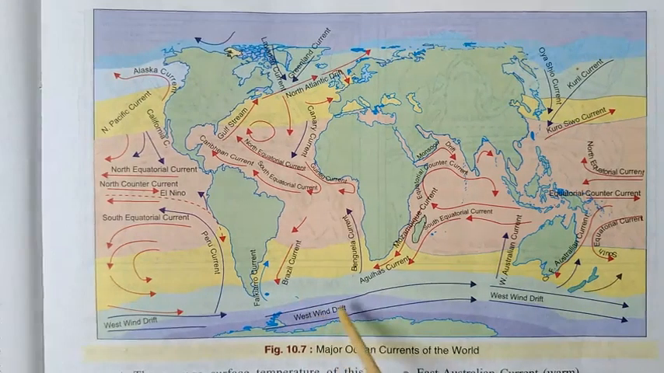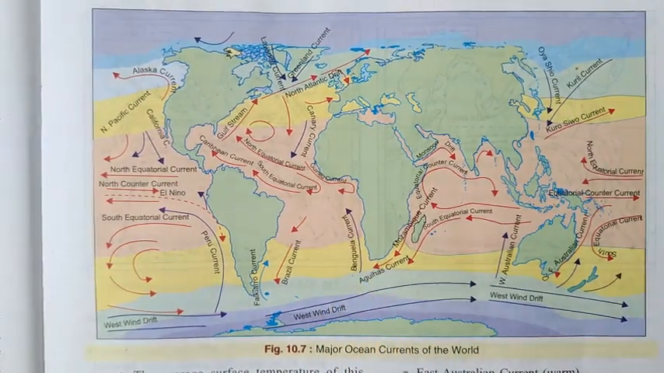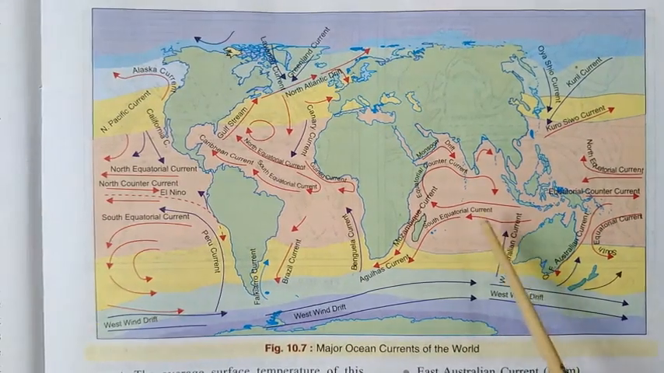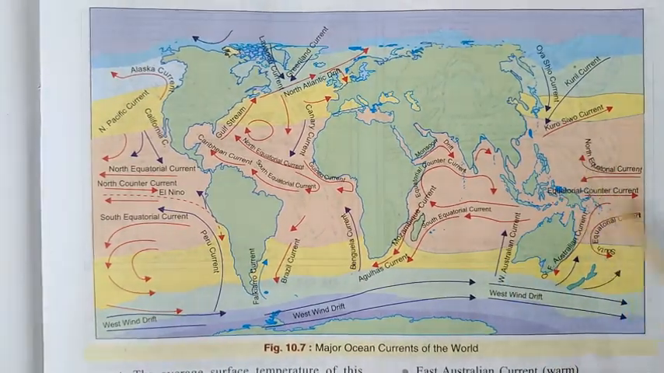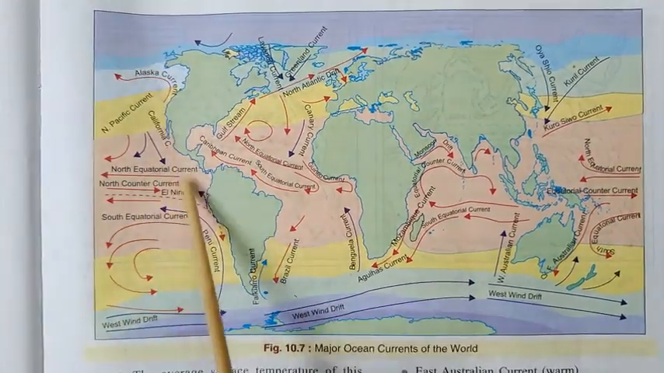So these are some important currents we have seen here. These are the currents of the Atlantic Ocean. Now let's move to the Pacific Ocean. So in the Pacific Ocean also you will find some part, one part is here, another part is this side,